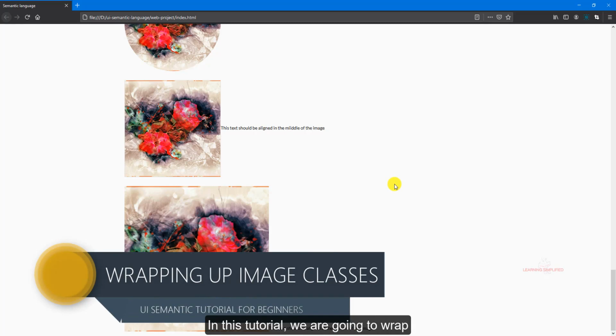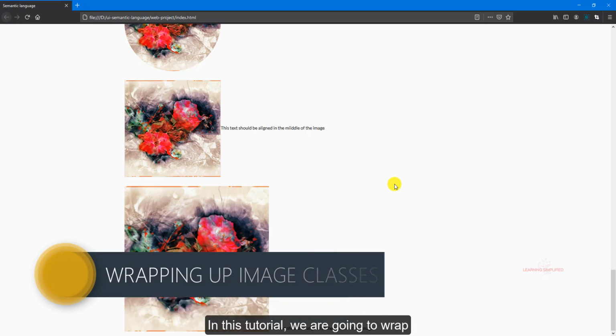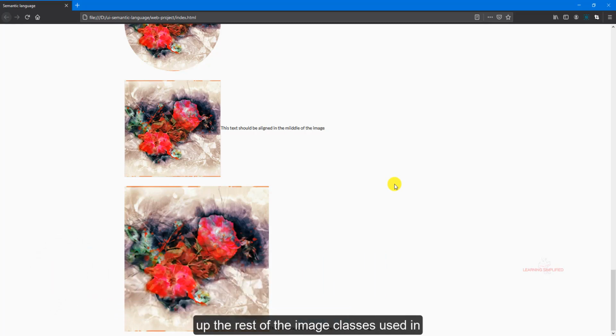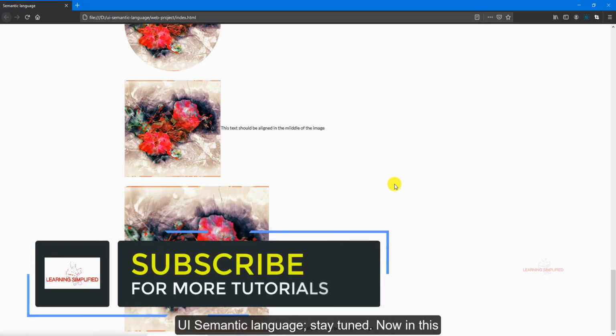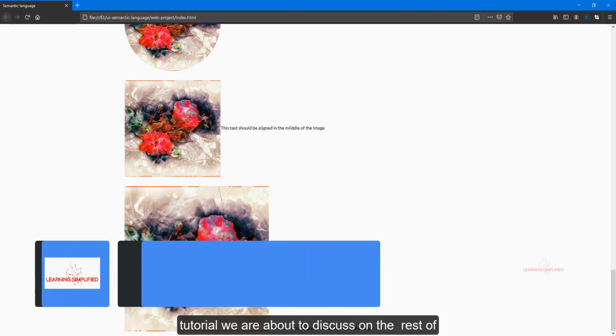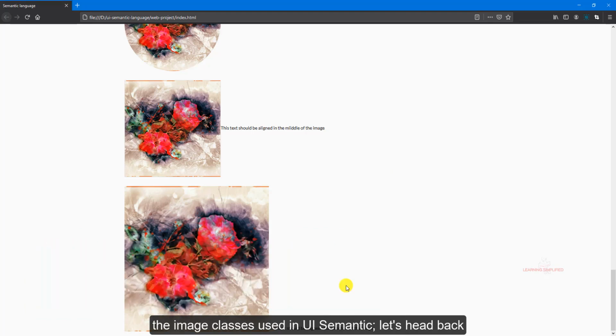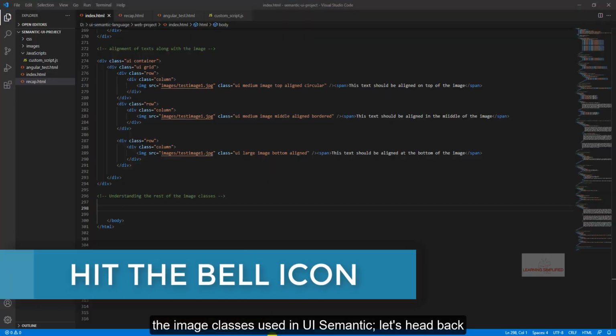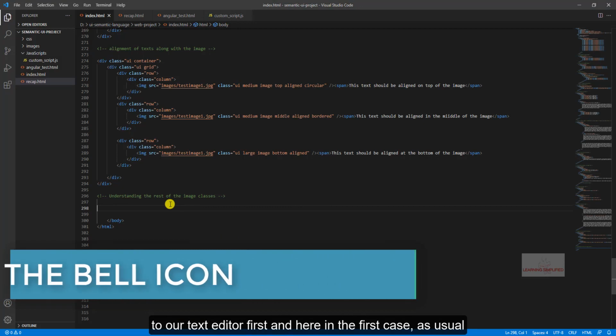Today in this tutorial, we are practically going to wrap up the rest of the image classes used in UI Semantic language. Stay tuned. Now in this tutorial, we are about to discuss the rest of the image classes used in UI Semantic. Let's head back to our text editor first, and here in the first case, as usual,